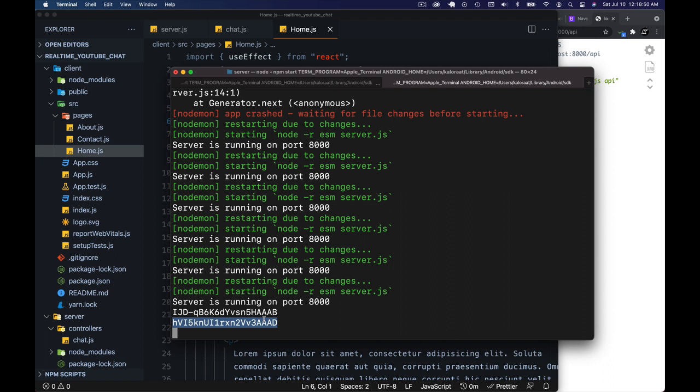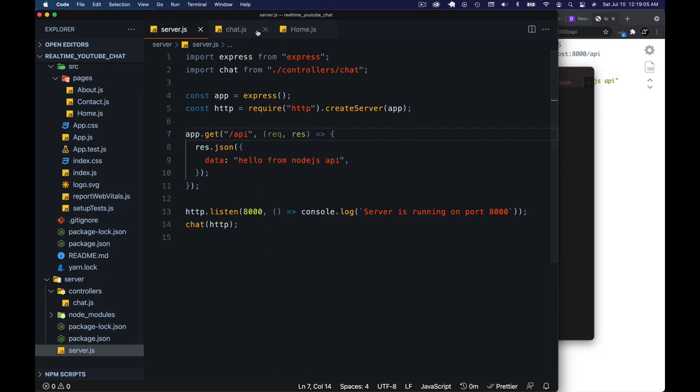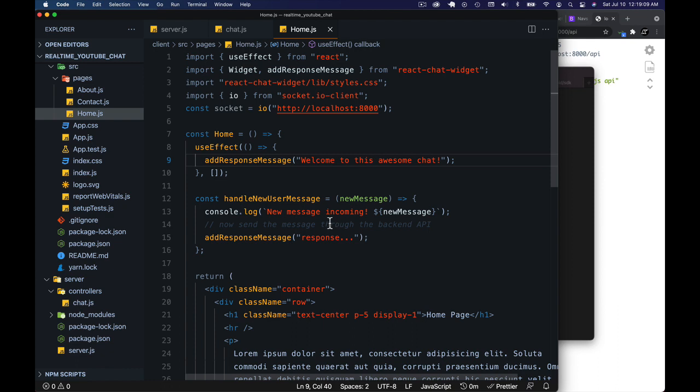That's how real-time is possible, right? So when a user types something in, everyone else, the connected users, will be able to see that message. Okay, so let's go back to server. In fact, before we go to server, let's just go to home,